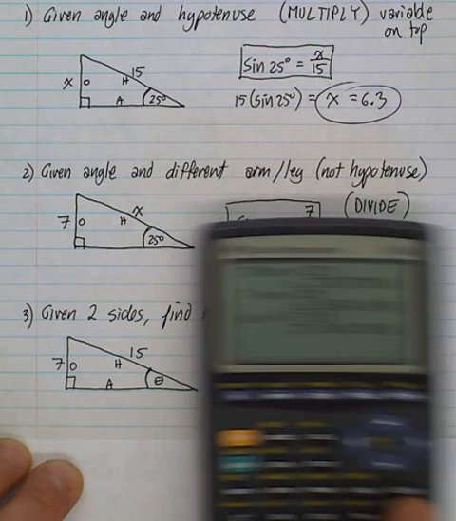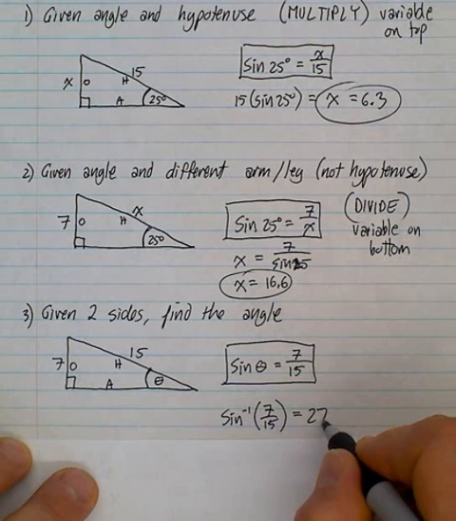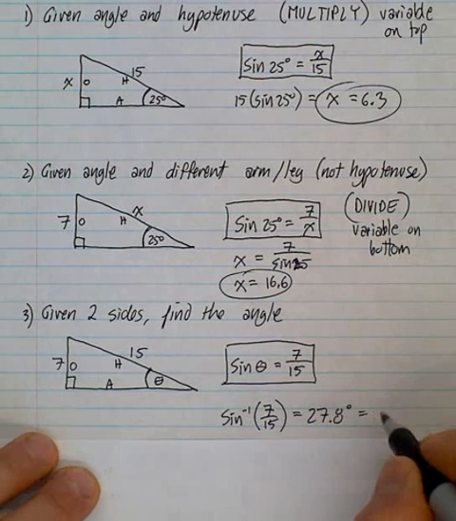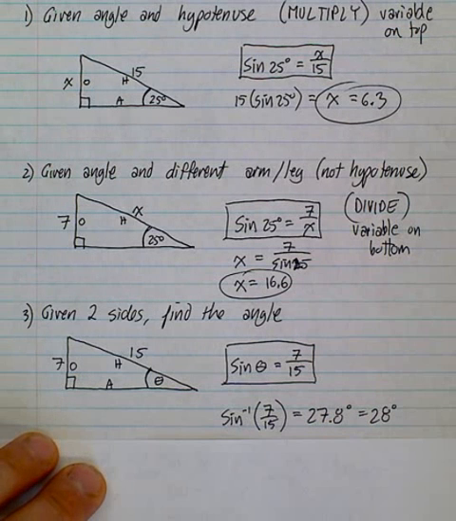And we're usually pretty good at rounding. 1 degree is pretty small, so we'll usually round to the closest degree. Okay, so 27.8 rounds up to 28 degrees. And that, ladies and gentlemen, are the three types of questions that you're going to get using SohCahToa. Again, remember, only for right